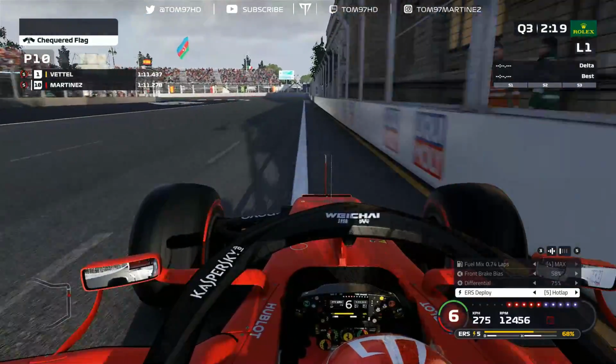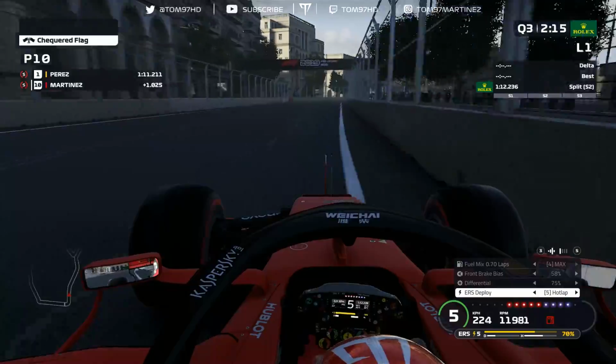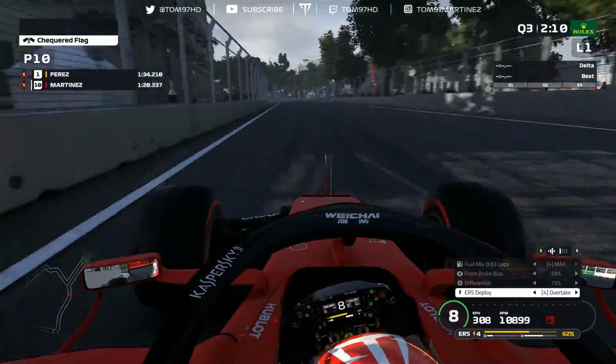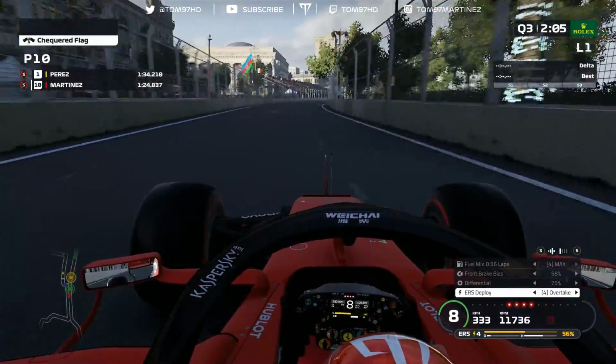And now down the hill towards the last break zone on the circuit, and we're a second off Sergio Perez, who now sets the pace. So 1 second after 2 sectors is actually pretty damn good for me, and we know we're strong in this final sector. So it's all about keeping it flat out to the line, flooring it, using the overtake ERS now